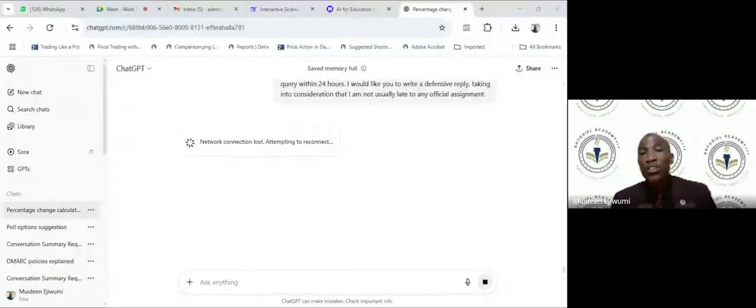Okay. And of course, we all know that we have different tools that you can use. Most of them these days, you have to pay for the premium version when you have to use it extensively. I've used the premium version of ChatGPT before. It is wonderful. The result I get on the premium version is far better than what I get on the free version.